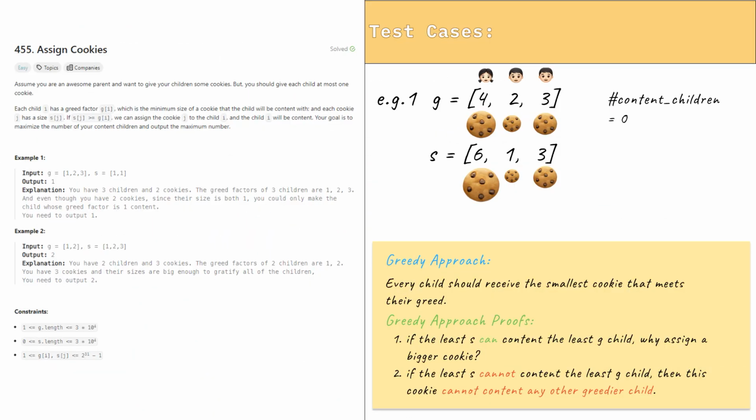After we prove our greedy approach, let's quickly go through another example. We should notice that the test cases given in the problem statement can be very misleading because all the test cases provided have their arrays sorted. However, it is not guaranteed that we will be given sorted arrays since it is not explicitly stated in the